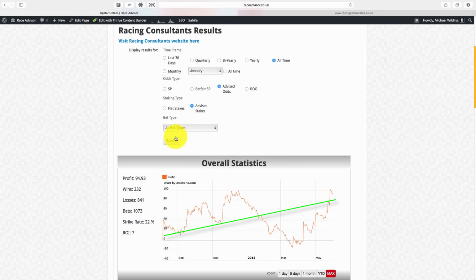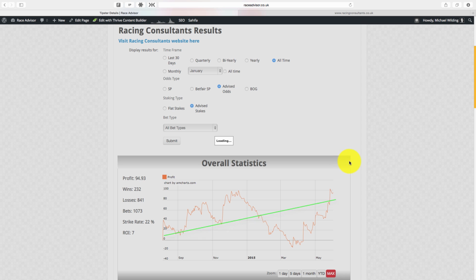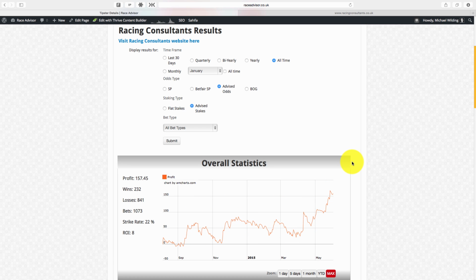So far things are looking pretty good. Let's look at advised stakes, see how that affects this downswing. And we can see that actually to advised stakes, the downswing has been far, far less prominent. And if we draw another line from the beginning to the end, we can actually see that this has been